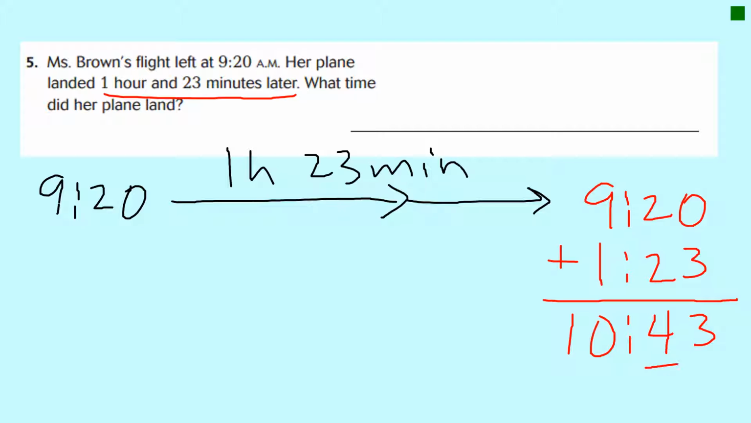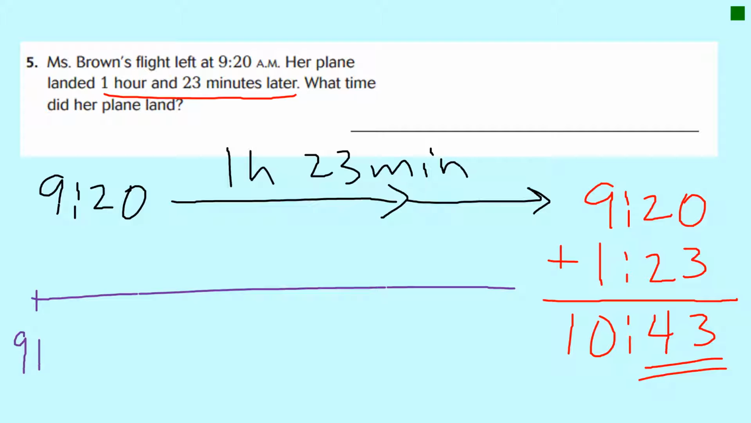Now that is nothing in like the 70s or the 80s or a number that's not even like a real time, right? So in this case, adding was okay. Adding worked. But just in case, guys, you can always use that open number line. And I'll just do a really quick one this time. So from 9:20,